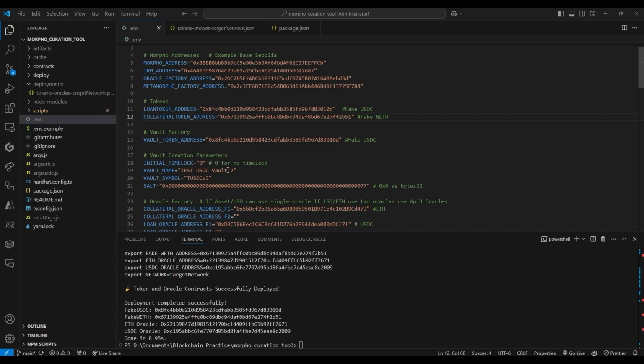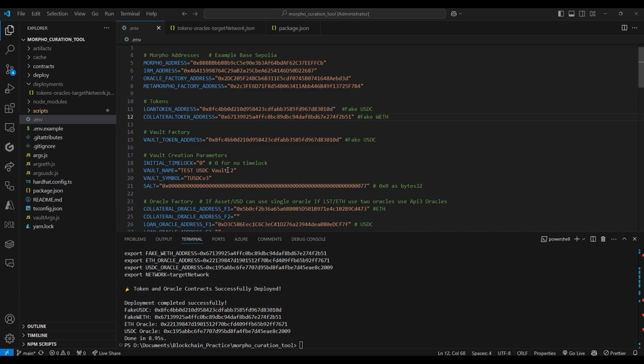So the time lock is very important as a user or anybody that wants to deposit into your vault. If you make any major changes as a user, I would like a heads up. So sometimes you'll see vault curations of 3 days, 7 days or something. So if I'm moving from market to market or adding in a new market, I want to be made aware and then make my decision if I want to stay or withdraw on here. So any changes that happen require some kind of time lock, but for our demo purposes, I'm using 0,